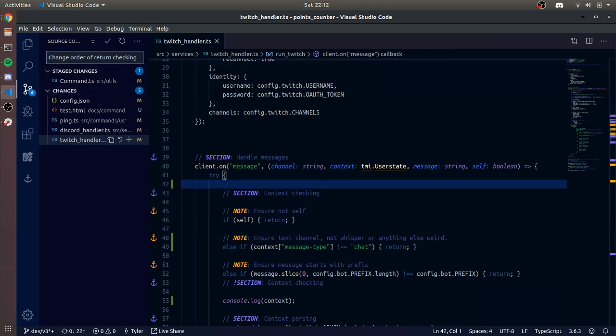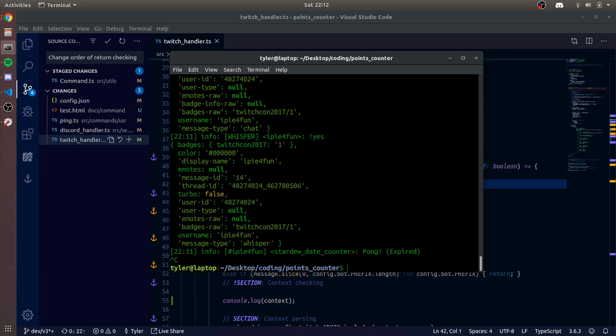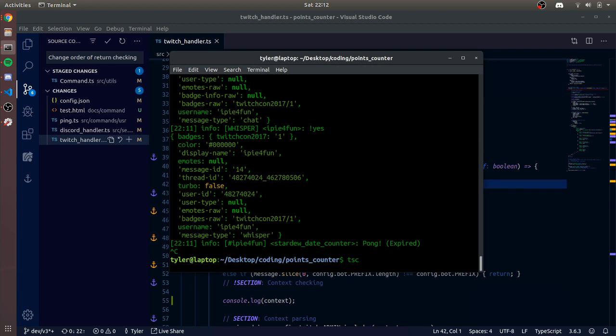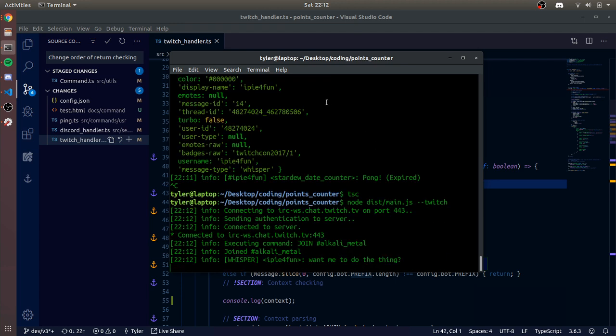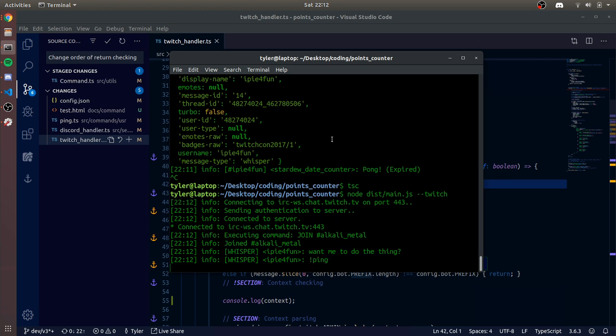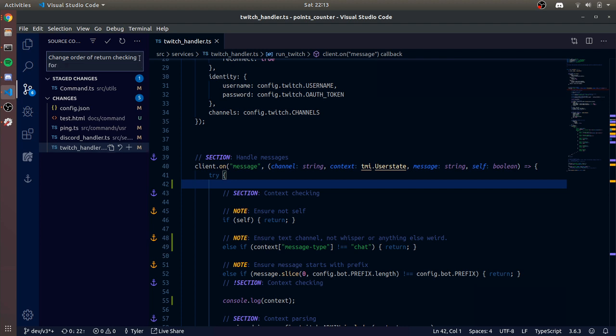Nope. Cool. So if we go to here, TSC, then if we run the node, okay, iPie, can you try DMing the bot something? Want me to do the thing? Yes. Ping didn't respond. Perfect. So that means that that's working, so change order of return checking for